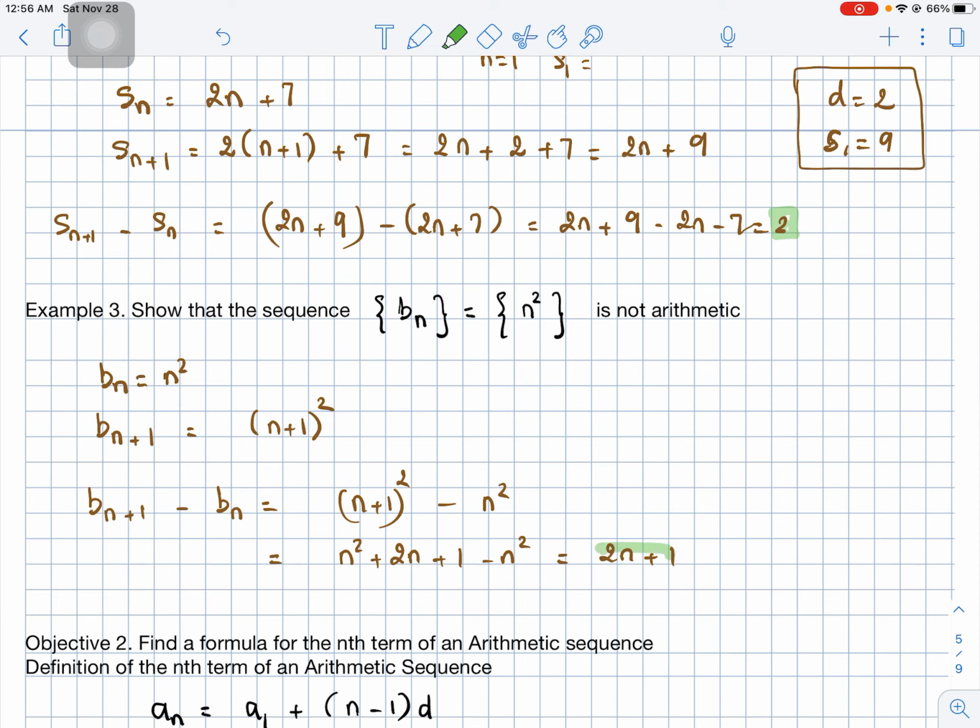So in the answer, you have the variable. You compare from before, you have the number when you subtract the two terms. When you subtract two terms, you get a number. So that number tells you that the sequence is arithmetic. If the answer that you got is not a number, but it has a variable inside, then it is not arithmetic, because